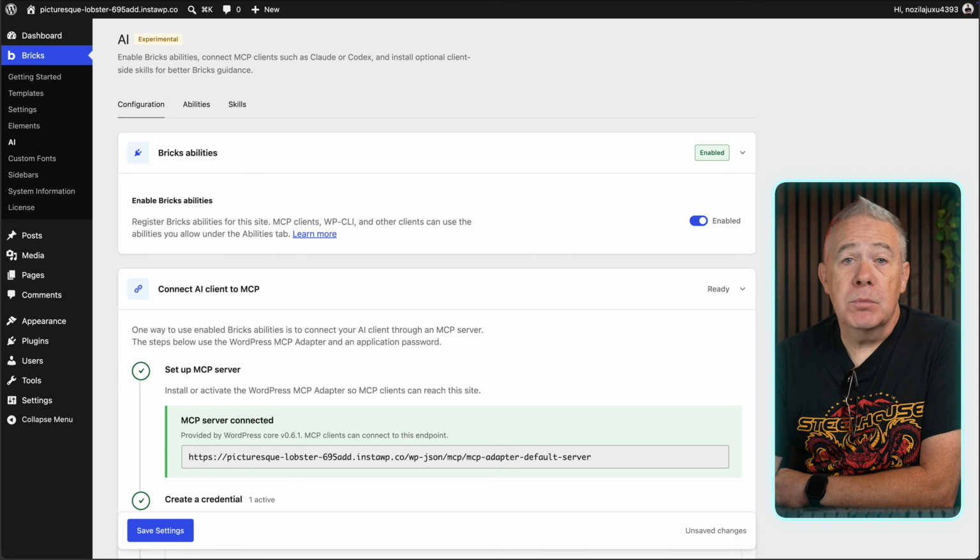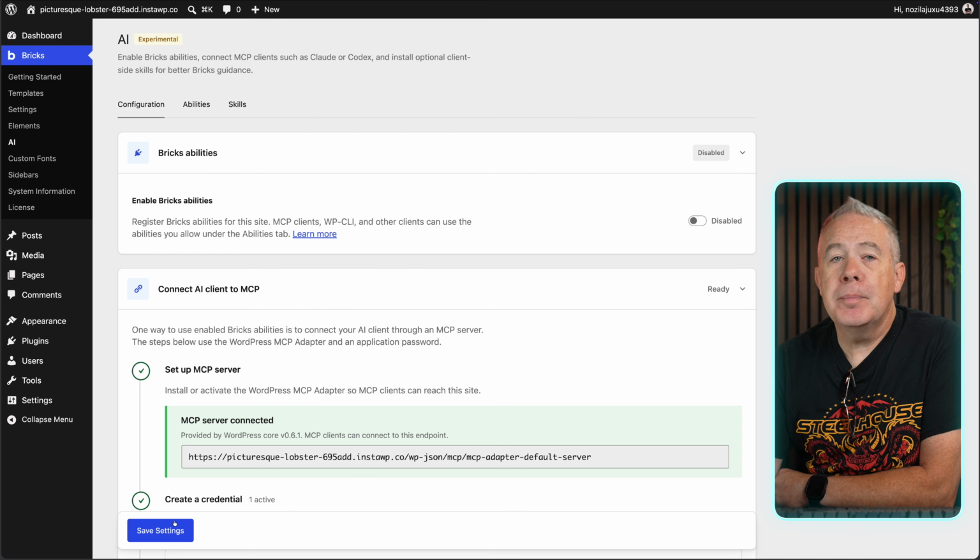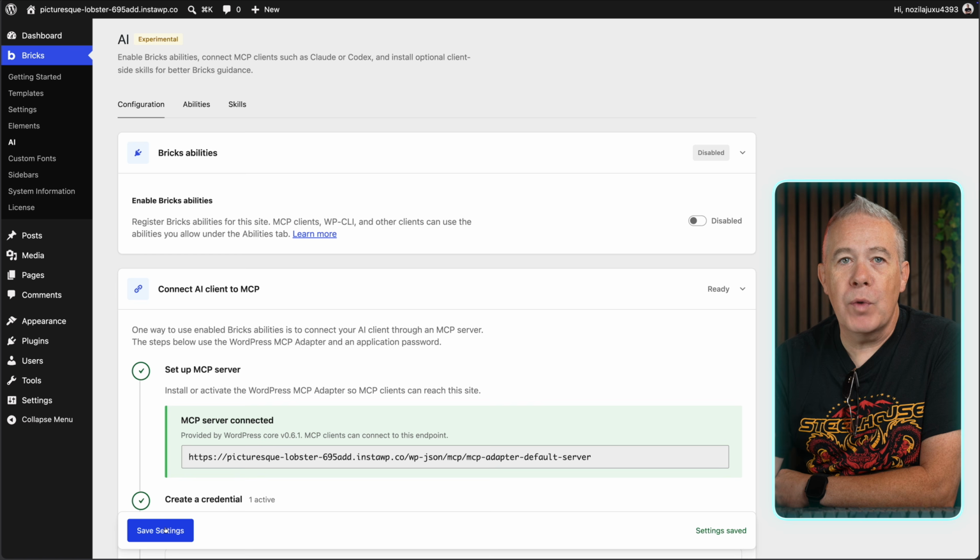The same thing goes. You may prefer to use the tools inside Novamira. You may think, well, I've got better results with that in my testing. Well, just don't enable the MCP function inside Bricks itself. This is the beauty of having tools like Bricks with its MCP coming out and Novamira Pro already out there. You have choice. If you don't want to use it, don't use it. If you prefer to use one over the other, then disable the one that you don't want to use, or the features inside that one you don't want to use. Now for me, I've got good results with Novamira,